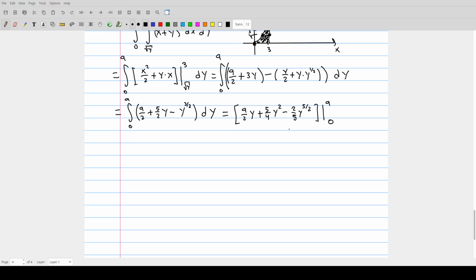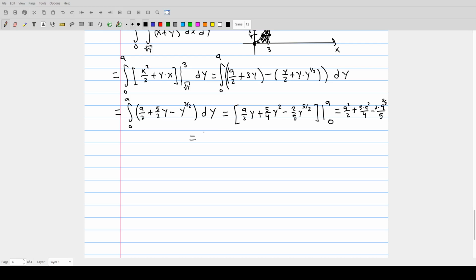So our final value ends up becoming exactly, when we plug in for 9 and then plug in for 0, when you plug in for 0, everything here is 0. So it just becomes 9 squared over 2 plus 5 times 9 squared over 4 minus 2 times 9 to the 5/2 over 5. And you can take this just arithmetically, it simplifies down to